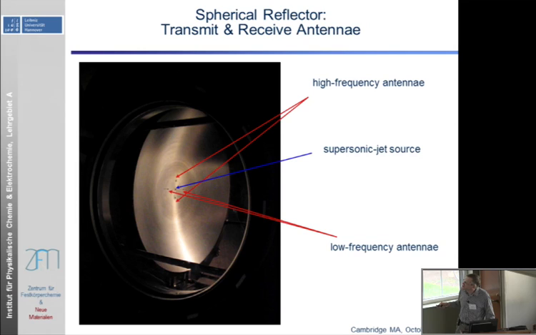We have here in the center the hole for our jet nozzle, and then 4 more holes here, 2 closer, 2 farther away from the center, for 2 pairs of antennas: one antenna to polarize the molecules, the other one to pick up the molecular signal. We use one pair for the upper part of the frequency range of our spectrometer, the other one, where the antenna is also a little bit longer, for the lower part of the frequency range of our spectrometer.